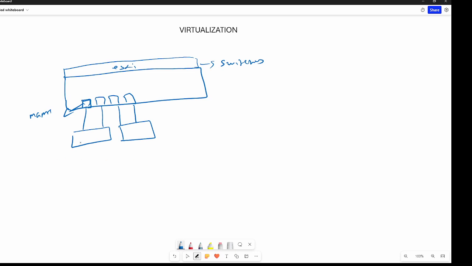So for example, port number 1 is selected as a management port. That port is also known as a VM kernel port. This will be used to access the ESXi machine itself, because we want to access the software.